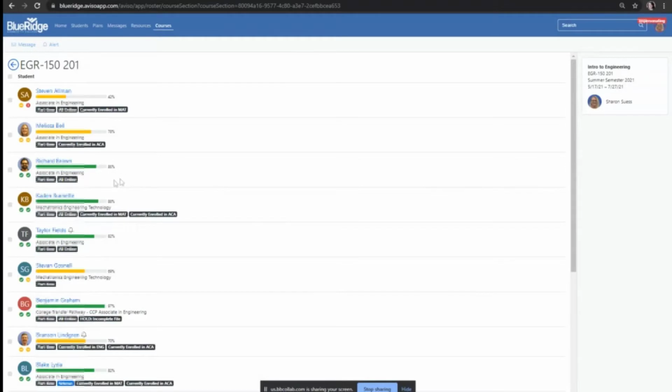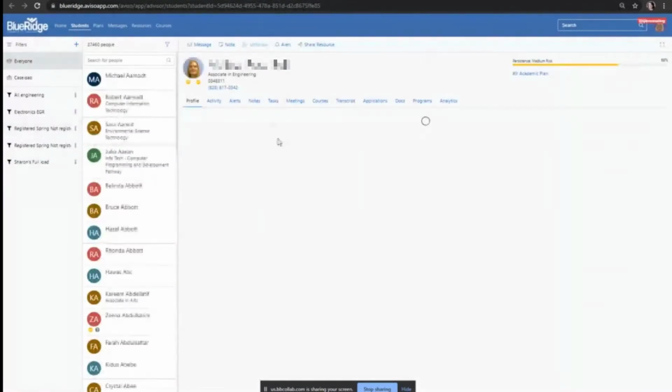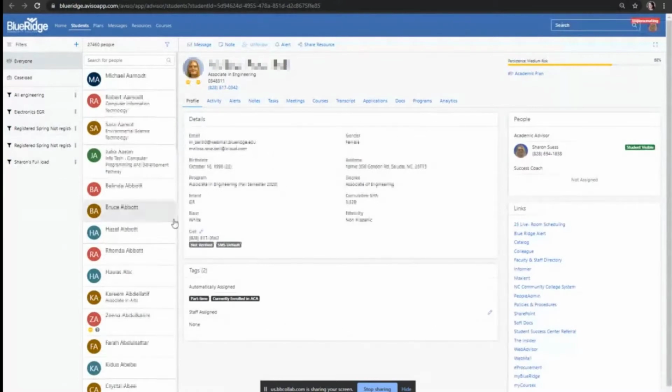So if we're looking at a student in this class, we can see that this student is colored yellow. So we're going to click on this student because maybe we need to do an academic early alert so that their success coach can reach out to them. So we click on the name. It's going to load the student's profile. That's the first thing you're going to see, which is going to give you basic information from Colleague about the student. Name, information as far as their address, who is their advisor. All of that will be pretty centrally located for you here.